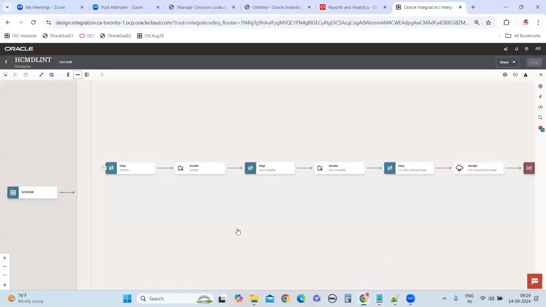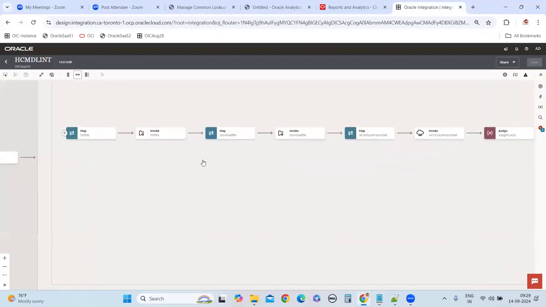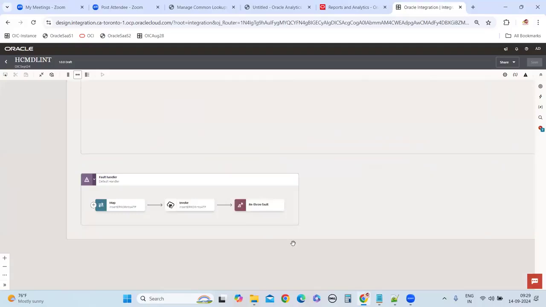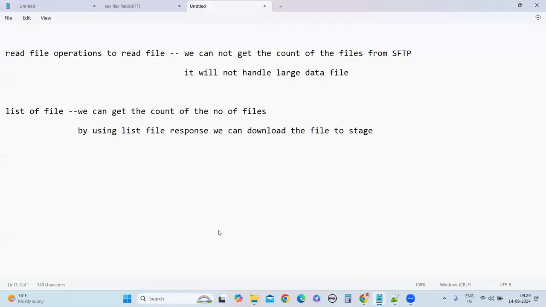Now guys, for example, I am going to handle this way. We are handling the rethrow, right? There is one more fault handler called throw new fault. What will this throw new fault do? I'm taking an example. For example, in the SFTP server, by mistake,